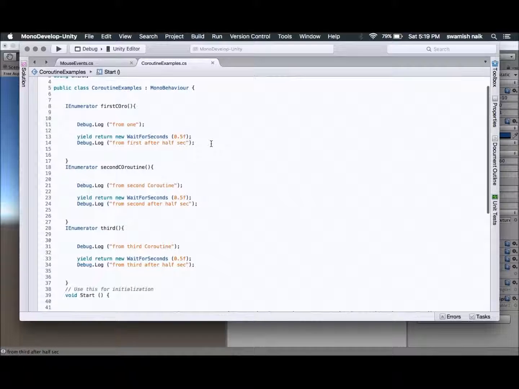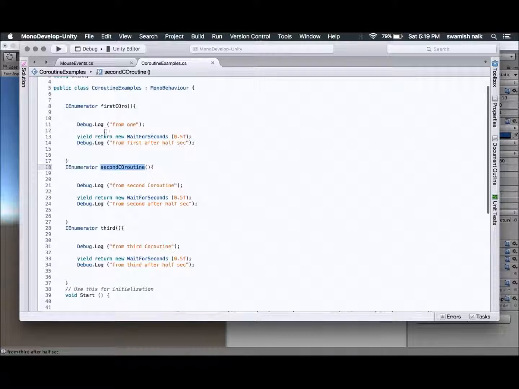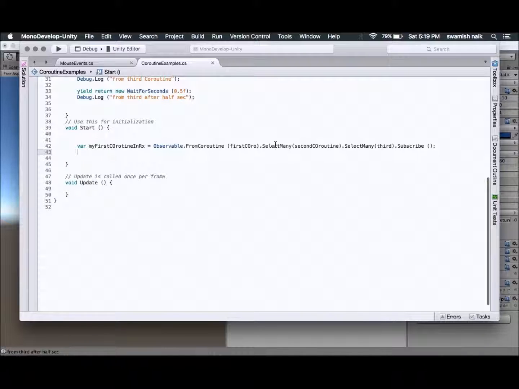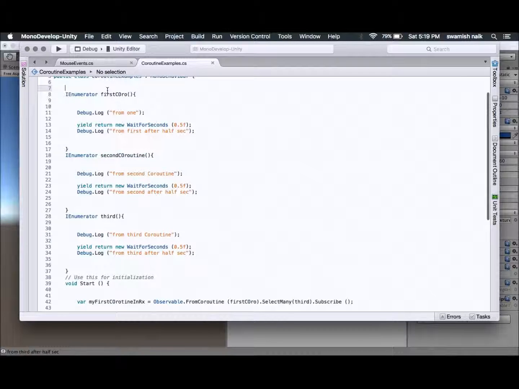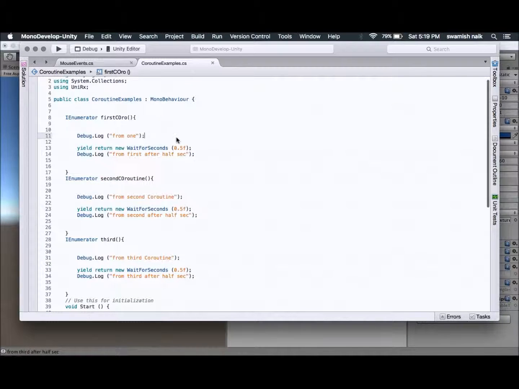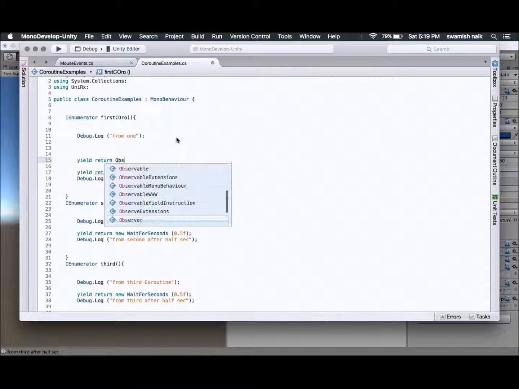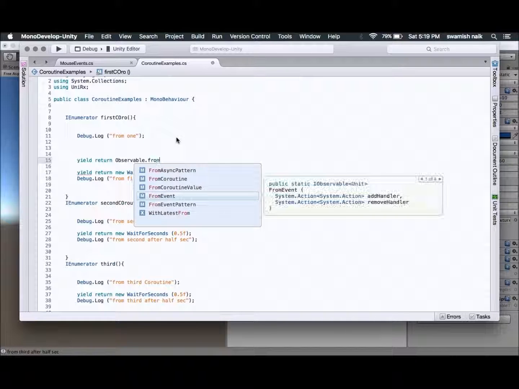Now suppose I want to run this Debug.Log, and after that I want to start this coroutine, and then it shall continue with this. So what we can do here is, first we need to remove this. To run this coroutine inside this in UniRx, we need to yield return Observable.FromCoroutine.